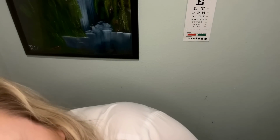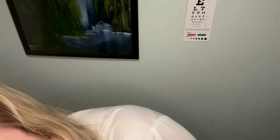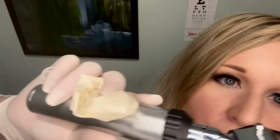Do you ever get earaches after maybe swimming? Going underwater? No? Okay. Alright, I'm just gonna do one more look in this ear. Make sure everything looks normal. Okay, good. Okay. Moving on to